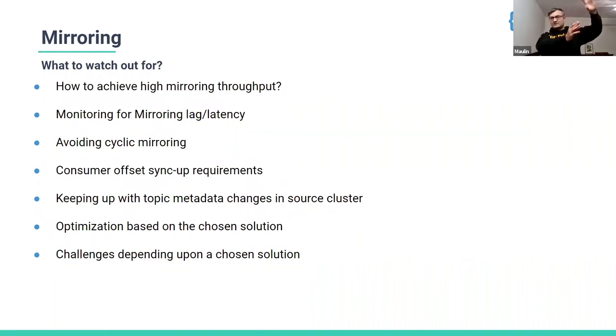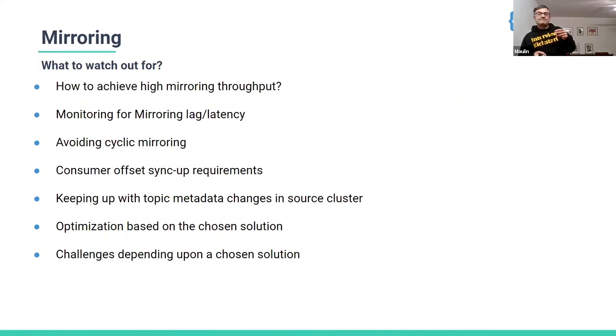And as we talked about, they have consumer offsets and they know where they are in the consumption of partition data. In case of the DR, let's say it goes to a DR cluster, then suddenly all these offsets are messed up, because when you mirror, you can't really guarantee the offsets are kept the same. There are many reasons for that, you can't technically guarantee one-to-one. So when you move over consumers, how do you make sure that you start from where you actually left off in the original source cluster partitions?